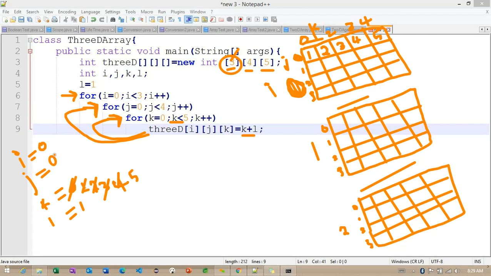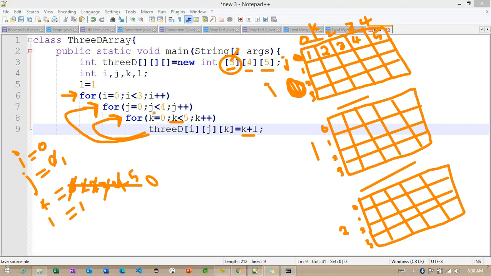Now the J value will become 1 here. Whenever the J value will become 1, again the K value will become 0. So now you can see, 1 less than 4 is going to satisfy here.